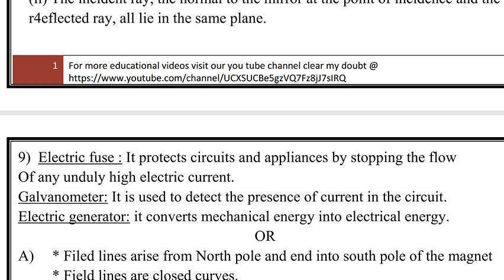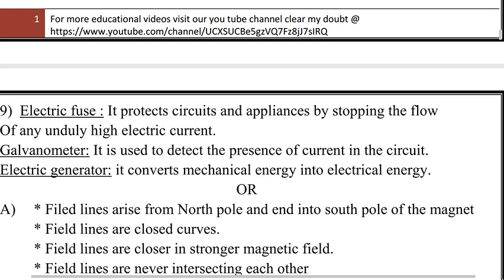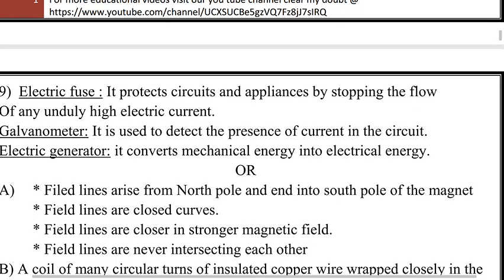Here one optional question is given, whether you can answer this question or another question is given. In that, option A question is, list the properties of magnetic field lines, and option B is, what is a solenoid? Answer for option 1, that is option A. In ninth question, option A,